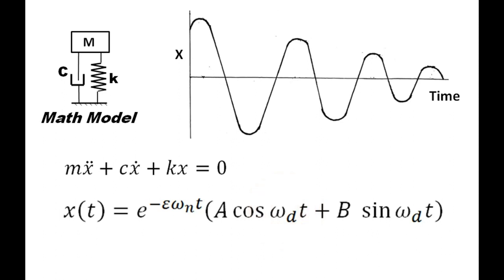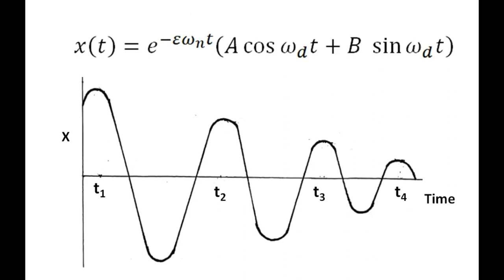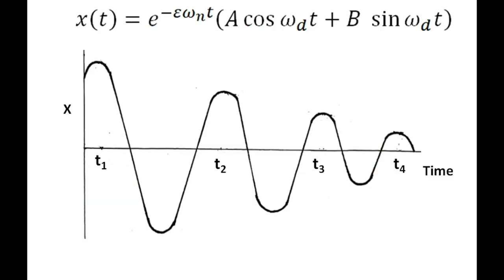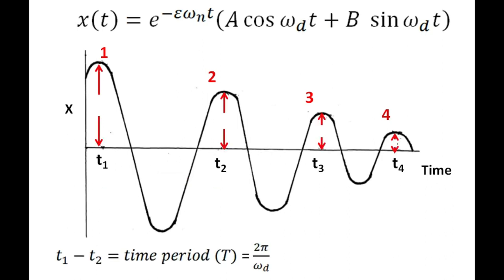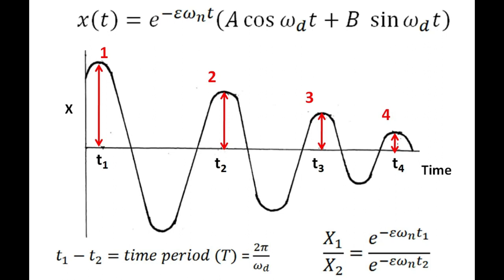So if this is my typical plot, suppose I select 4 points where my amplitude is maximum and mark them 1, 2, 3, 4. If I measure the time gap between these two, T1 and T2 instances, I will find that this is nothing but my time period. Similarly, if I consider the amplitudes of the 4 peaks as x1, x2, x3 and x4, and take the ratio of the first and second peak, after some mathematical rearrangement, I will land on this